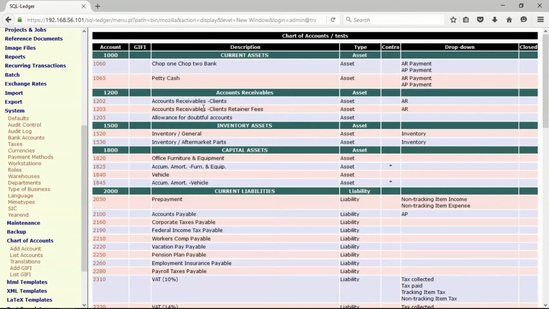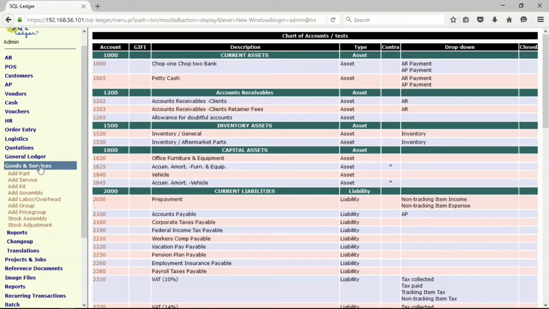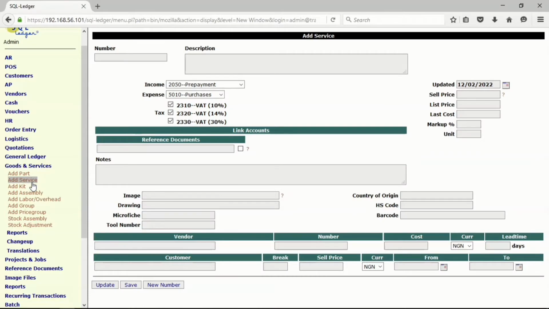So let us go ahead and create a service that will be able to deduct from this and put the money on our statement of comprehensive income. That means we earn the money, we receive the money, but we are going to earn it. So to do that, we go to Goods and Services, Add Services, and here we put a code. Let me say 1,000, and I will say legal fees,